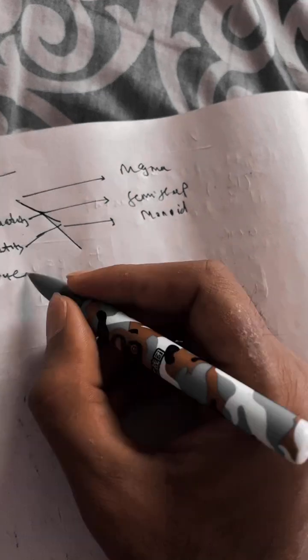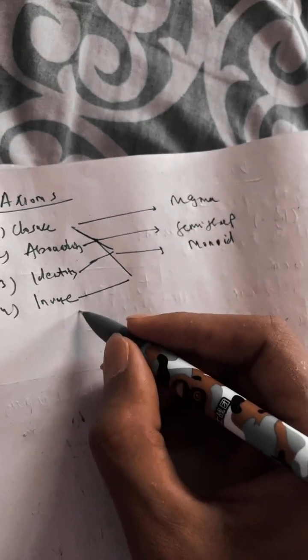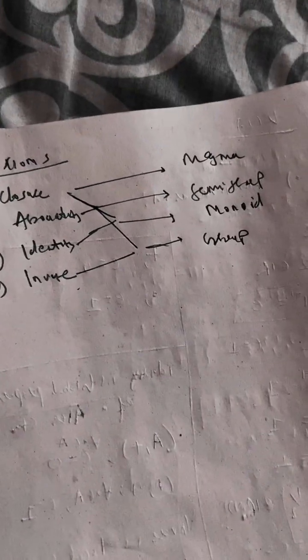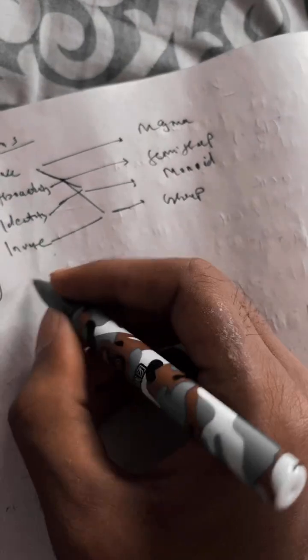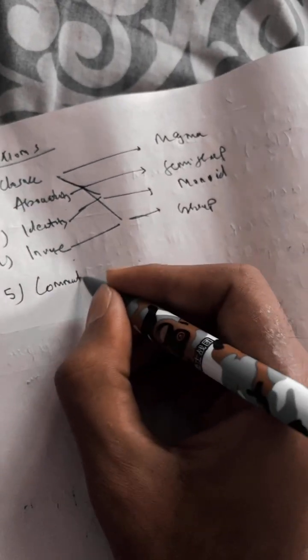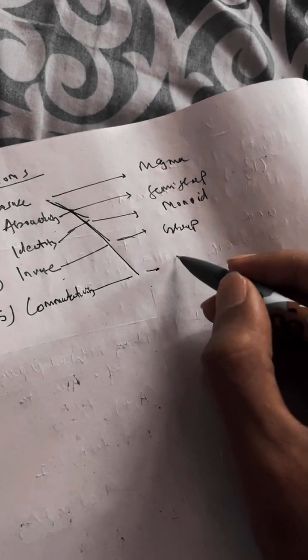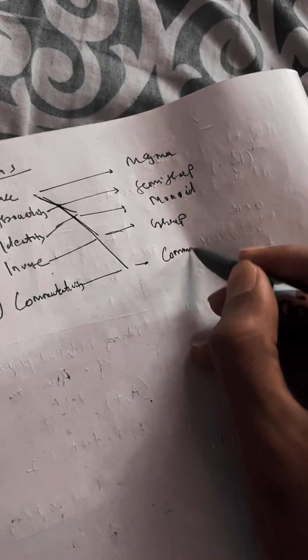And if all four properties are satisfied, we call it a group, right? Now there is one last property. It's called commutativity. If a group satisfies all these five, we call it